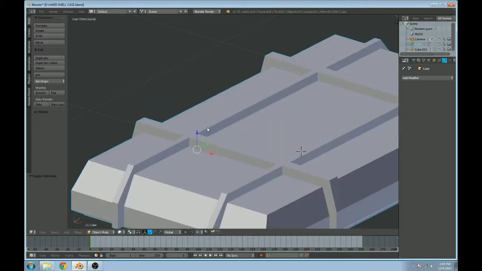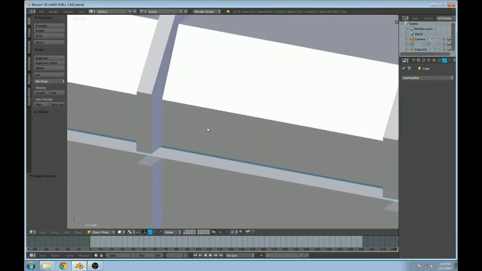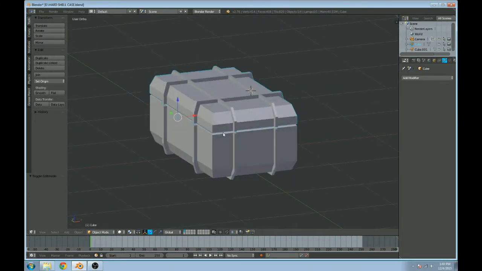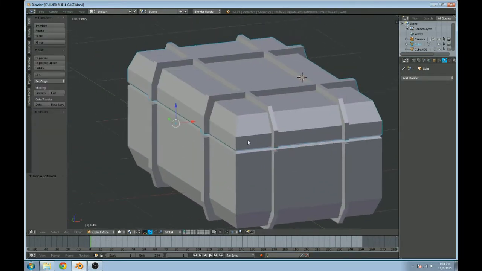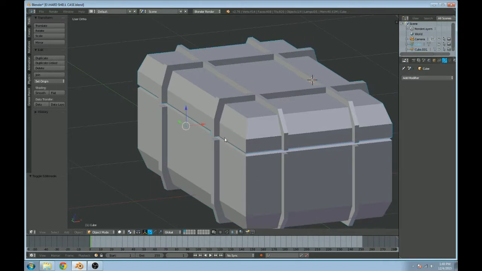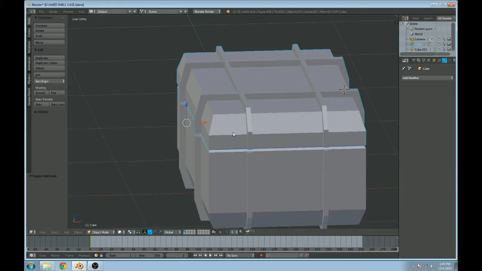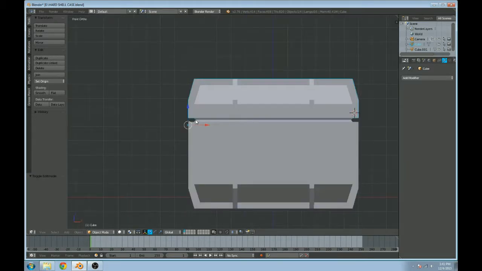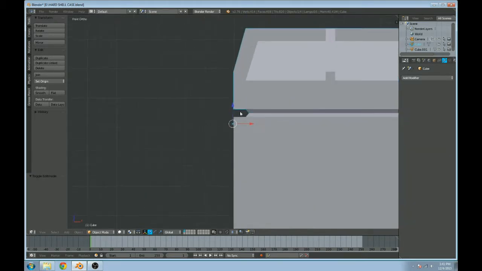Okay. So now all I'm going to worry about is the hinge, and then the parts that open and close will be separate. So that way you can animate them opening, so when the character clicks on them, you could show them open, like click click, like snaps, and then the top might open. So I'm going to press 1 to go into a side view here,